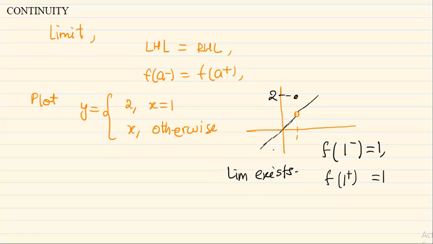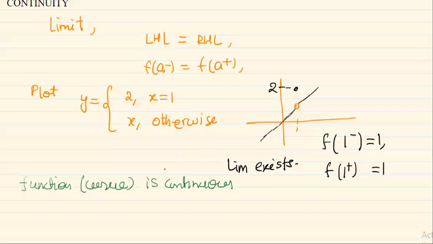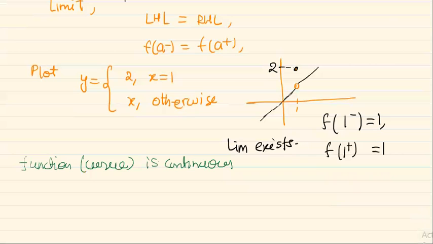But now we will discuss the continuity. And if I ask you, what does it mean if I say the function, or you can say the curve, is continuous? So what does this mean? It means there should not be any break, right? So there should not be any break while sketching the curve. If there is a break, then we'll say it's a discontinuous graph, right?